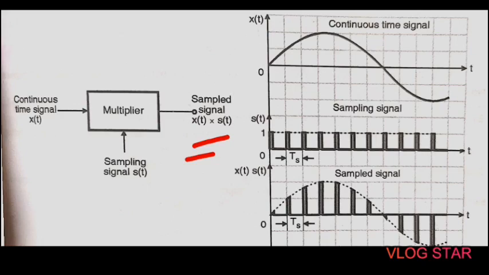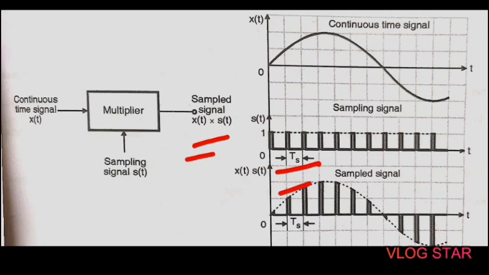It can be seen from the waveforms that the sampled signal is equal to the input signal x of t at the instant of sampling. So the sampled signal represents the original continuous signal in discrete form. As we increase the number of samples, the representation becomes better and better. As we increase the number of samples, the period between two consecutive samples, that is Ts, is reduced, and the sampling frequency fs increases. Thus for better representation, the sampling frequency fs should be as high as possible.